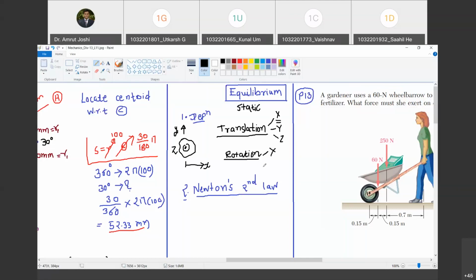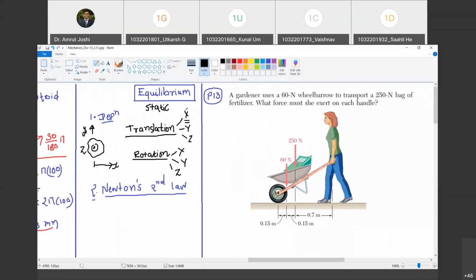Happy? Yes. Similarly, if the body is either not rotating about y-axis at all, or it keeps on rotating with constant angular velocity about y-axis, I say the body is in rotational equilibrium about y-axis. Happy? Yes. And similar definition is true for z-axis. So how many equilibria are possible? 6. 3 translational equilibriums and 3 rotational equilibrium. Happy? Yes, sir. Okay, so let us write down the conditions. So what are the conditions for translational equilibrium in x direction? Tell me.